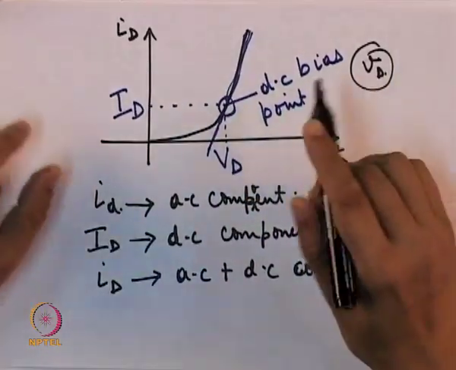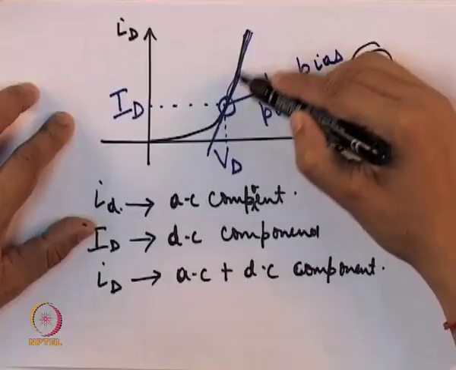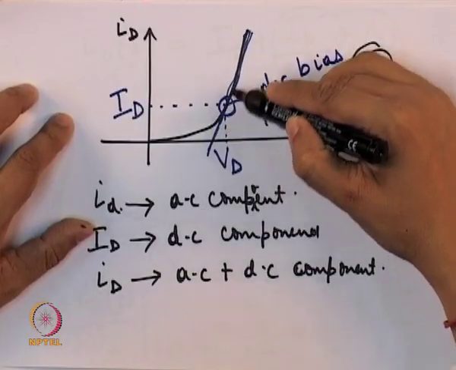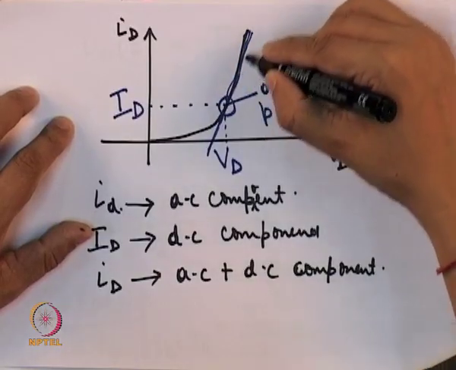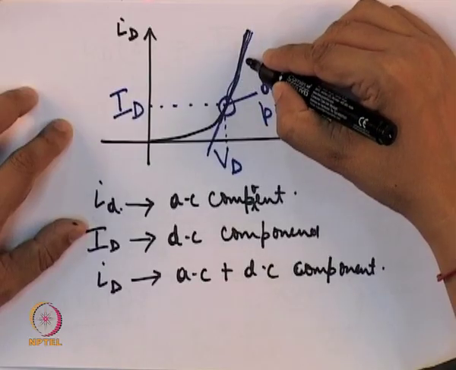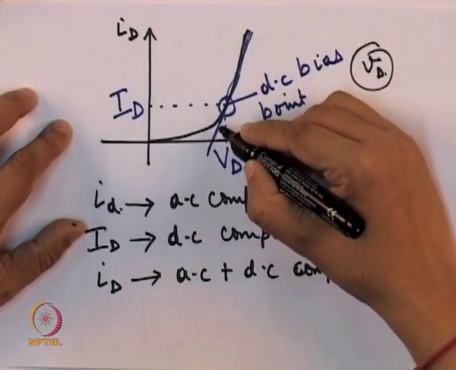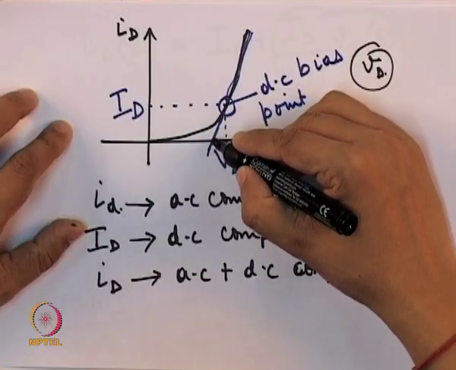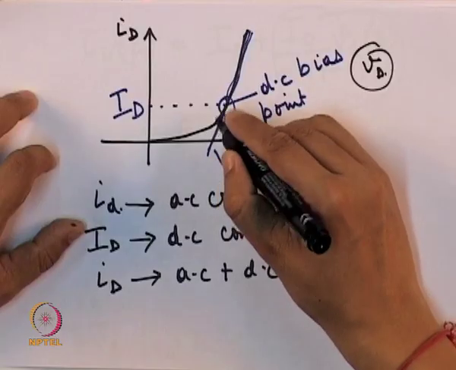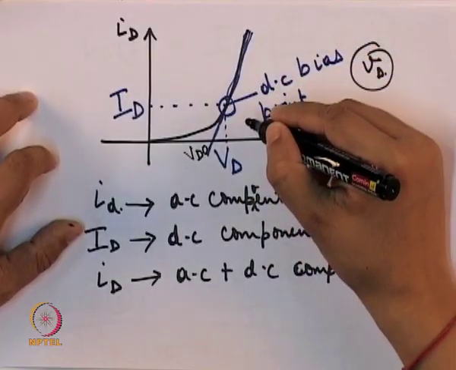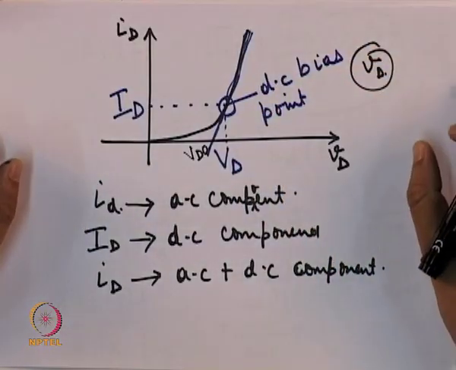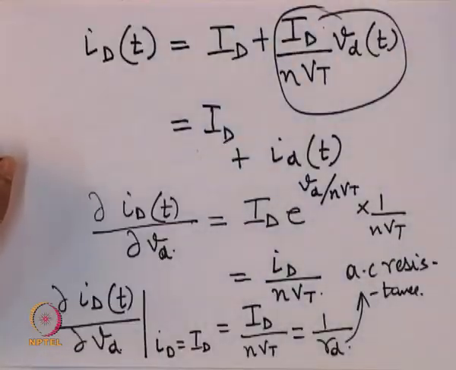Then again if we go back to the characteristics for a moment, what we did was we linearized about this point. So, we drew a straight line about this point, and this blue line closely follows the curve also. And if we extend this line so that it touches the x axis, and suppose the point where this blue line touches the x axis is V d 0, then what will be the equation of this line? So, the equation of this line will be